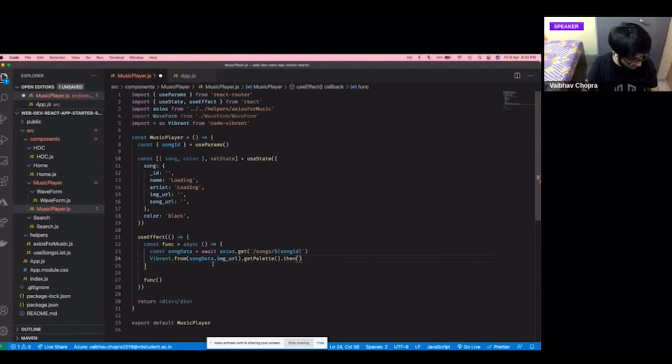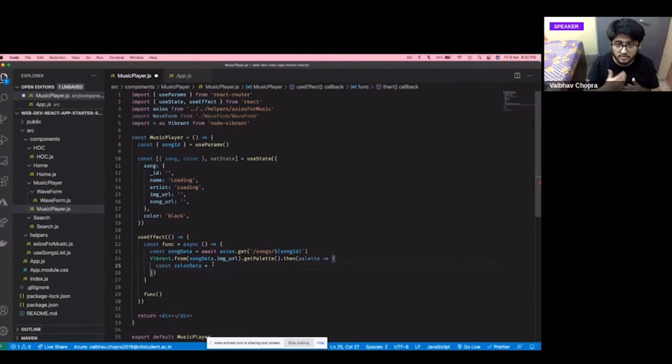So we will get the palette, and as soon as we get the palette, we will use that to establish our colors. I'll establish my color data as the hex code. There are three or four ways to denote any color: there is RGB, there is hex code, there is HSL, and there are proper names like red, green, blue.